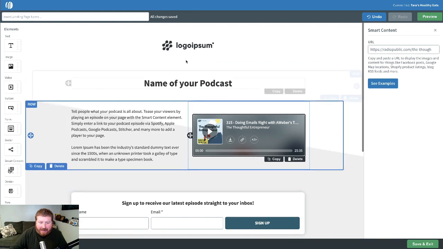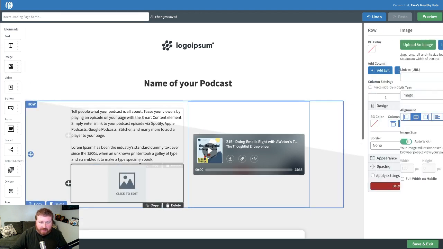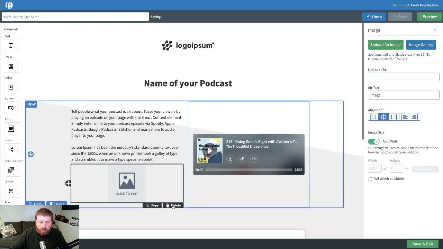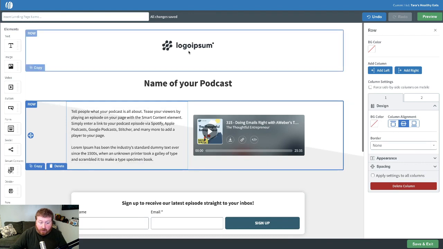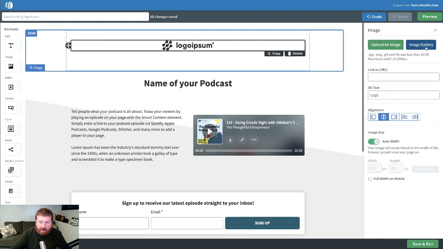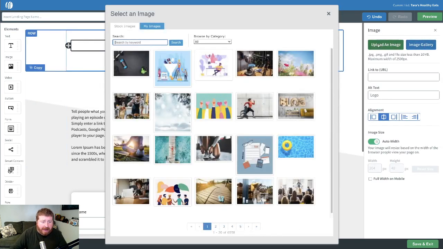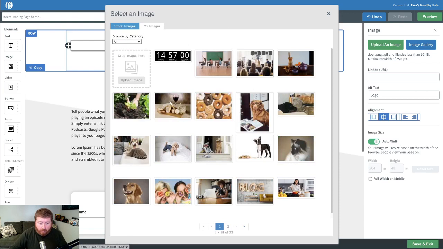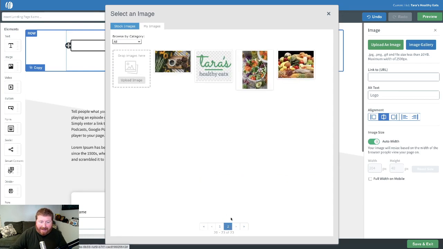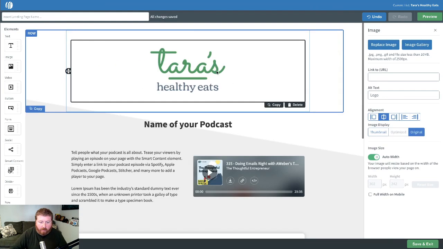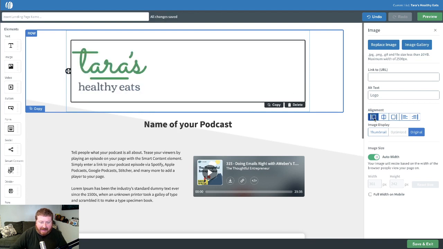Now we can switch out any of this stuff using our drag and drop editor over here. For example, we could add, let's say an image to this paragraph over here. We can change out this placeholder logo. Let's add our own logo to that. Now our image gallery contains a lot of stock images that you can choose from. You can also upload your own images and they'll be saved in your My Images tab. So let's take our logo for our business right here. Maybe we'll left align it like that.